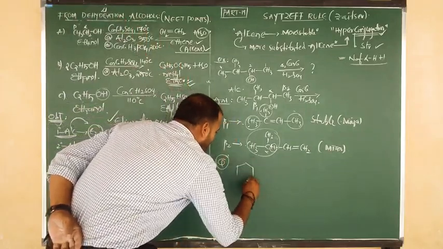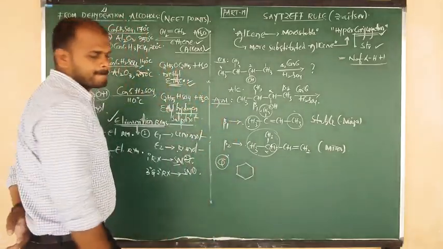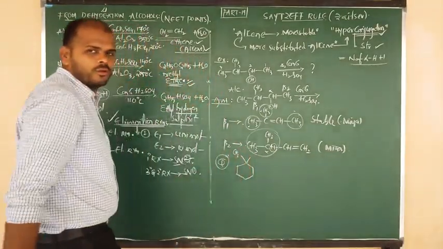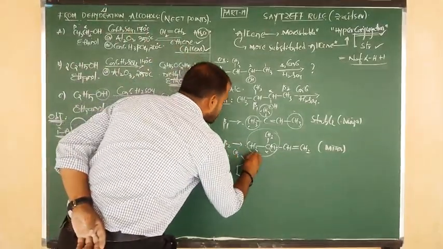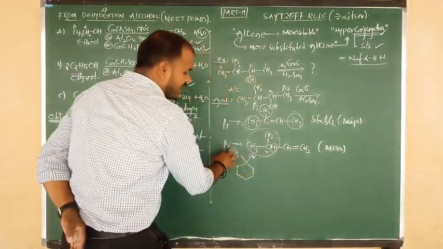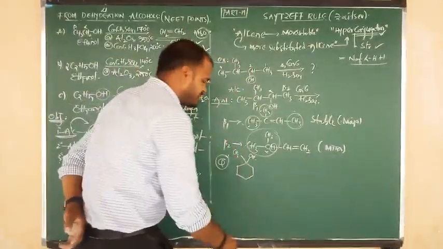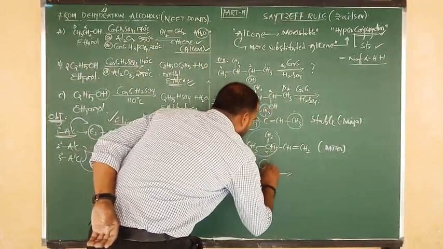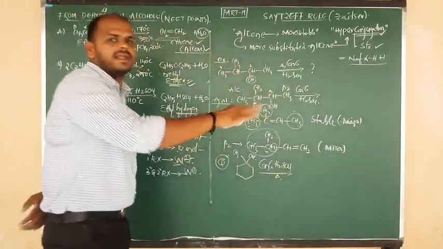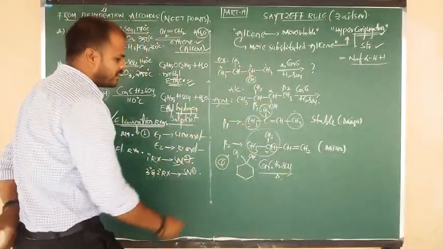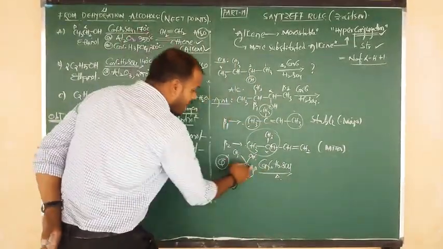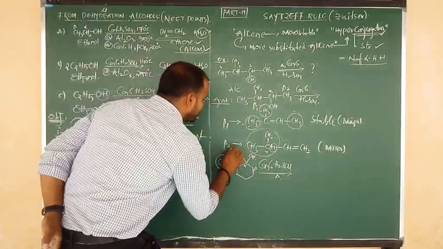Here I have taken one cyclohexane ring, and suppose one of the carbons is connected to a methyl group, and the same carbon is connected to an OH group. Okay? So, 1-methylcyclohexanol. This is your reactant. It is treated with concentrated sulfuric acid, that means a dehydrating agent. How to do dehydration? The carbon bonded to OH is alpha, the adjacent one is beta.